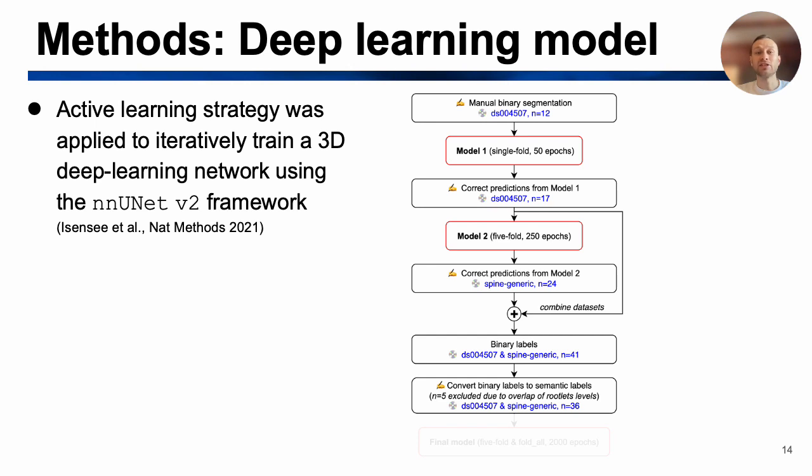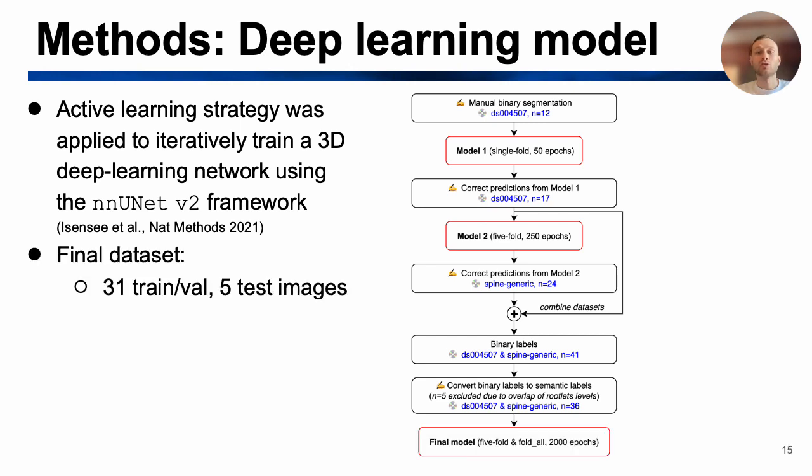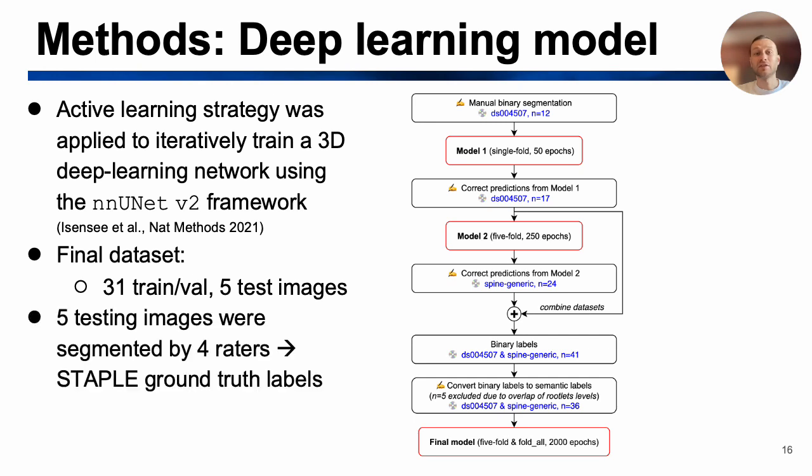Then, the binary segmentations from both datasets were combined and manually modified to incorporate spinal level information, assigning one label to each class. For example, number 2 to C2 rootlets, number 3 to C3 rootlets, and so on. The final multi-class model was trained on 31 training and validation images. 5 images were used for model testing. These 5 images were manually segmented by 4 raters, and a consensus reference segmentation mask for each image was produced